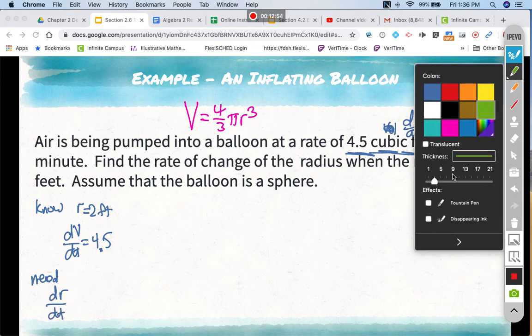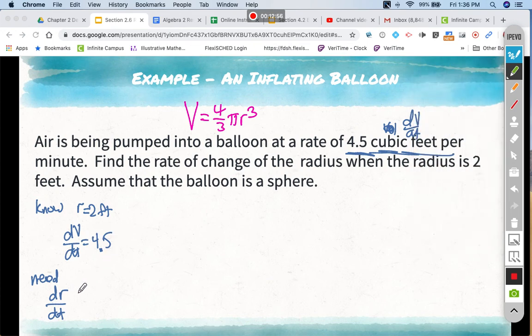So the variables I have are radius and volume. That's why I need this formula right here. It connects the radius to the volume. So if I start with V equals 4/3 pi r cubed,